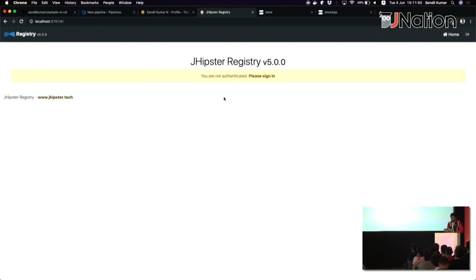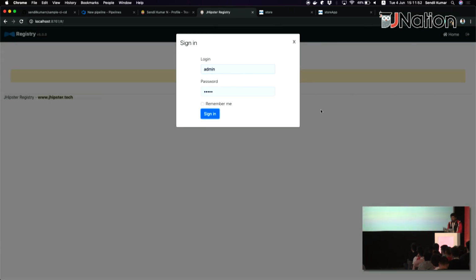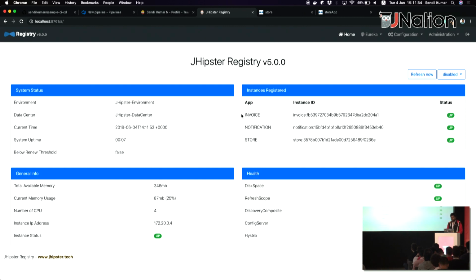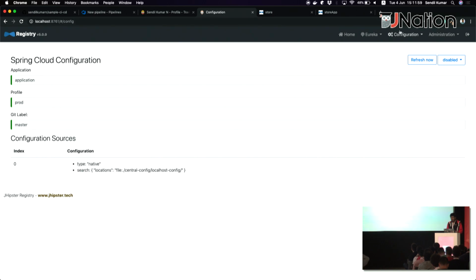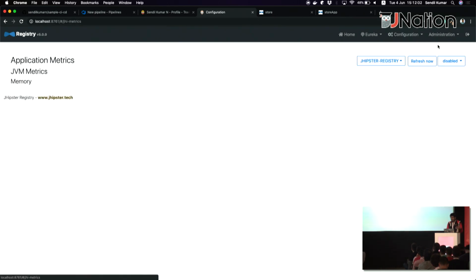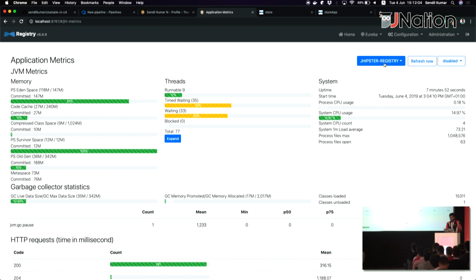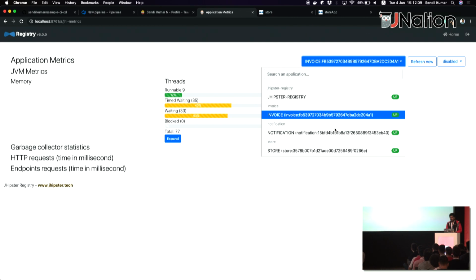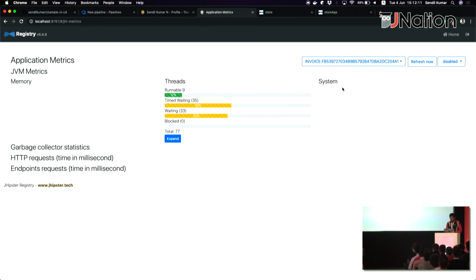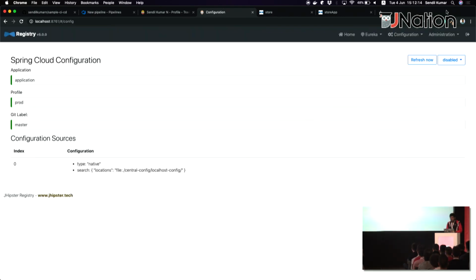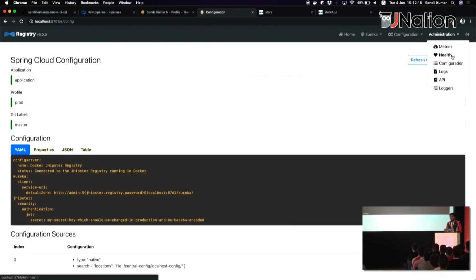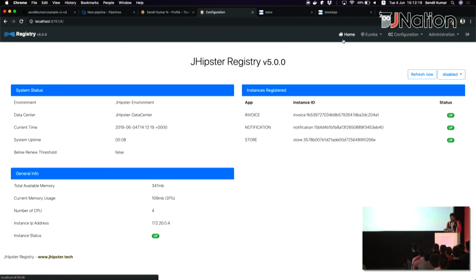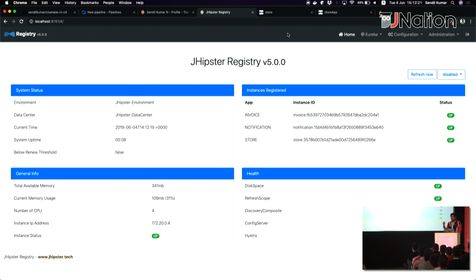Okay. Let me quickly check one more thing. So this is my JHipster registry here. This is what I've booted up for the application. So you can see here 3 applications are running currently, and the statuses are up. And here I can go ahead and check the configuration of those particular things. I can check the metrics of all the things that are running inside, be it the JHipster registry or the invoice application or any other applications that I have. So all those things can be done with the JHipster registry. You can also have health check endpoints and things like that. So that's what JHipster registry is all about. It has a single point where you can see whatever applications are running inside